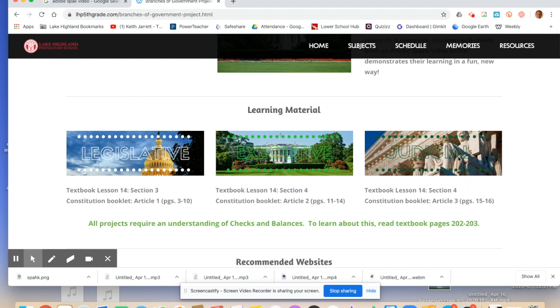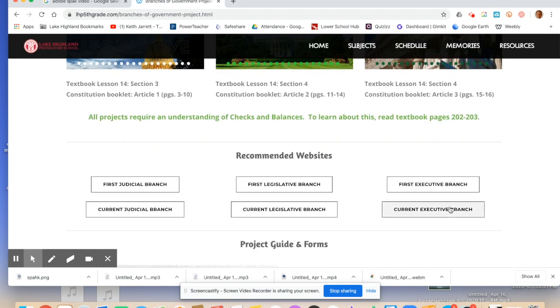All of you, no matter which project you choose, you're going to need to understand at least one thing your branch does as part of checks and balances. And so you're going to need to read the section of your textbook from page 202 to 203 that will help you understand that. Underneath, there are a few buttons which will take you to some websites that'll help you